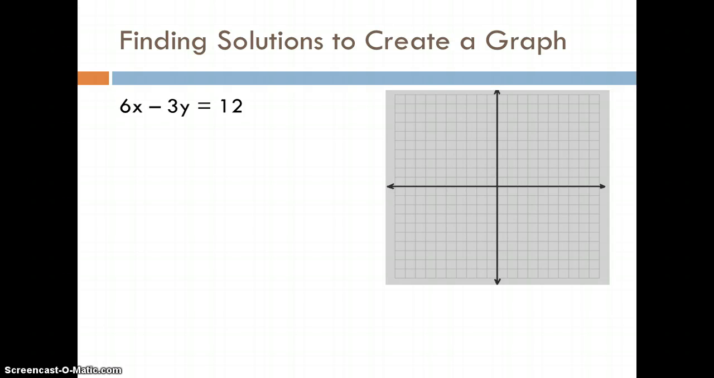We are going to continue our trek here into graphing equations with two variables, verifying solutions, etc., by finding solutions to actually create a graph. The first thing we'll need to do in these problems is to write our equation, in this case 6x minus